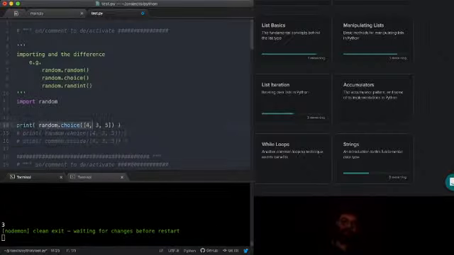Of these three, I tend to use random.choice kind of by default. If I need a randomness tool, it's sort of what I go for. The reason I like it is you can pass it a list or a string or a tuple, and you get specific control over what things it's going to give back randomly. It's just going to give you one of those elements from the collection or the sequence that you pass it, randomly.